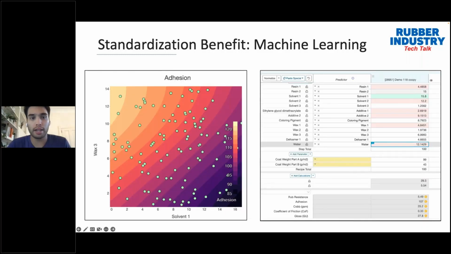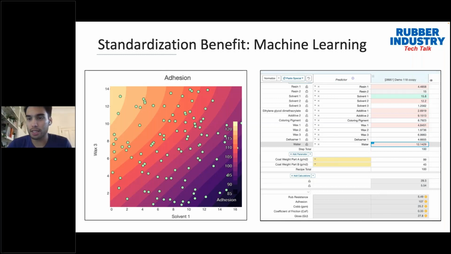And here's another graphic right here, not only being able to have it suggest formulations, but being able to learn. Maybe in this case, looking at a surface plot and understanding the relationship of two inputs towards one of your key properties. Or on the right-hand side, being able to predict the performance of one of your formulations based on prior data. So think of this as the cherry on top, but you can't have one without the other.